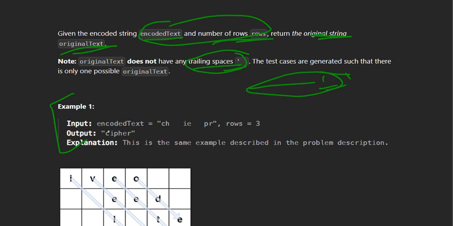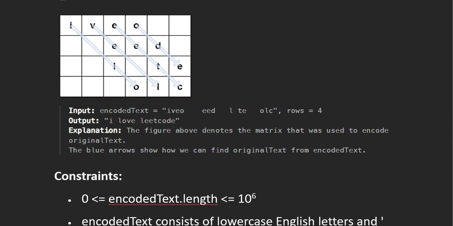So let's see the next example. In the next example we are given this encoded string, and the number of rows is 4. To find the original text using this matrix, we will do diagonal traversal.